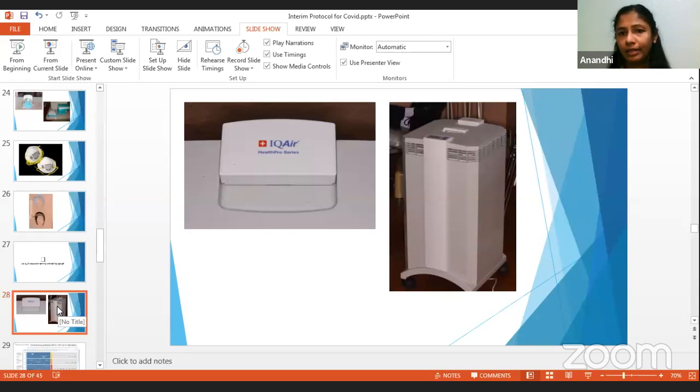But my rooms are not as big, so I have reduced my time to 5 minutes in the operatory, because that is a very huge machine that you can see over there. It's kind of tall and big. Per the instructions of the manufacturer and the cubic feet of the room that I have, within 5 minutes it will purify the air in the room. But even when I'm working, I don't turn it off. It runs the whole time when I'm generating aerosol, whichever room I'm in. So I don't wait to finish and then start using it. It has a timer on it, and